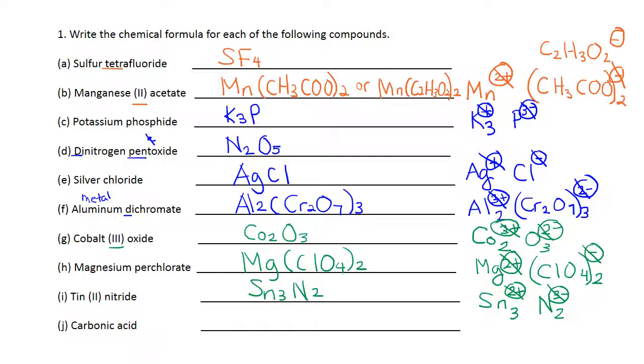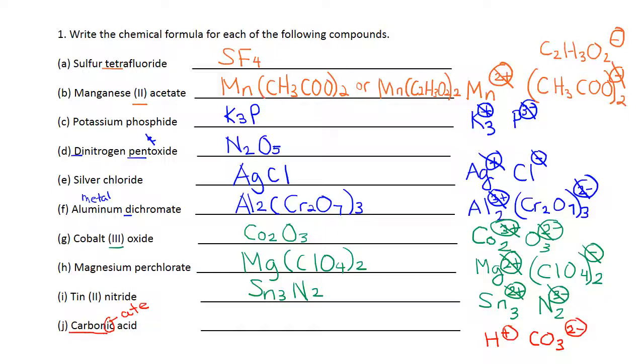Okay, last one is carbonic acid. With acid, right away, I know I have to start with the hydrogen ion, which is H+. And this part is where you have to think about it. It ends with -ic, which I know means it's -ate. And because it doesn't start with hydro, I know that this anion comes from a polyatomic ion. So look at the polyatomic ion chart and see which one says carbonate. That is CO3 2-.